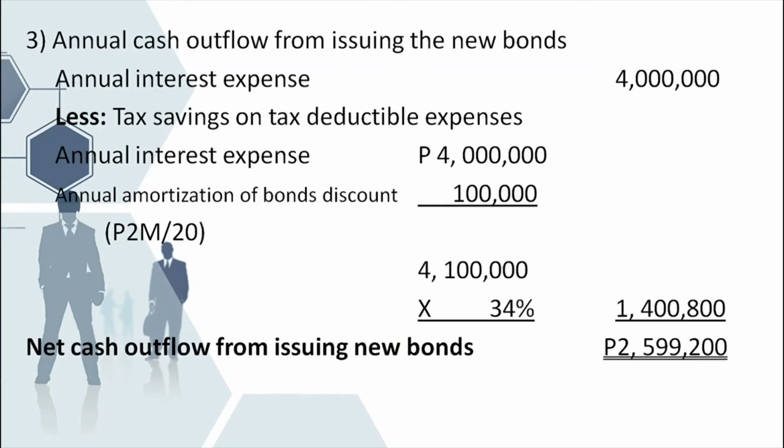We will get the net cash savings from elimination of old bonds amounting to 2,919,000. So number 3, annual cash outflow from issuing the new bonds. Annual interest expense 4 million less tax savings on tax-deductible expenses. Annual interest expense 4 million pesos, annual amortization of bond discount 2 million divided by 20, we will get 100,000 pesos. 4 million plus 100,000 pesos is equal to 4,100,000 pesos times 34%, we will get 1,400,800 pesos. To get the net cash outflow from issuing new bonds, we will subtract 1,400,800 from 4 million,